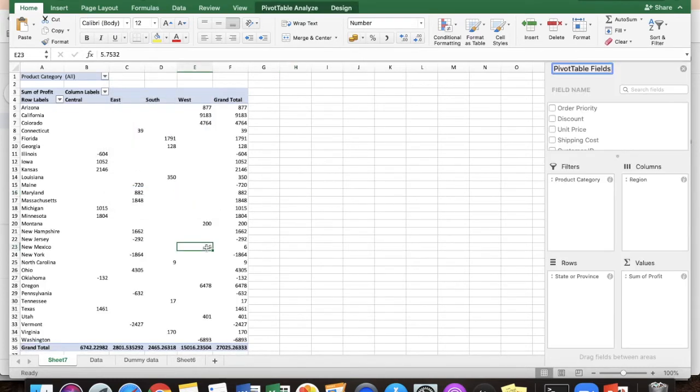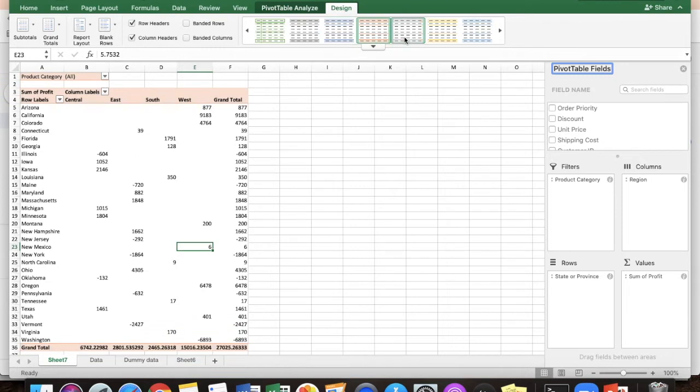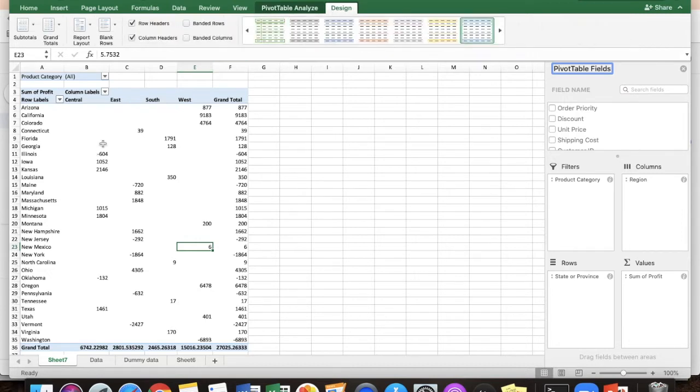So if I click here, I will get this pivot field. Also, I will get these two tabs. One is the design tab. You can use it for cosmetic effects. And the second is the analyze tab. You can name your pivot here and do much more with it. So you can really play with your data in a much better manner. Let's go to another topic.